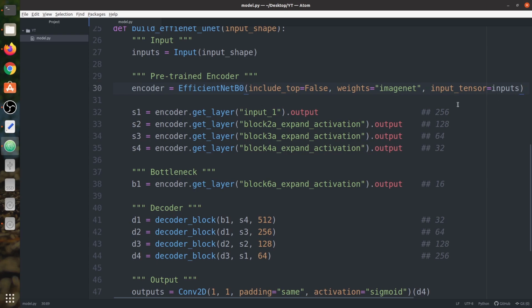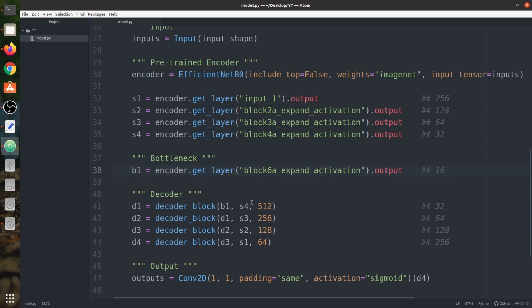It's not an issue. Things basically remain the same. You just need to work on this part carefully. Everything else would remain the same. You can change this number of filters according to your requirement. If you are on really low-level hardware like me, you cannot train with this high number of filters. You have to reduce. So it's up to you how you modify the architecture to your requirement.